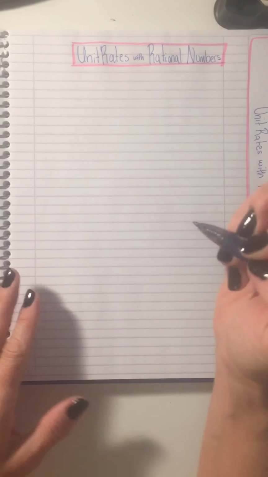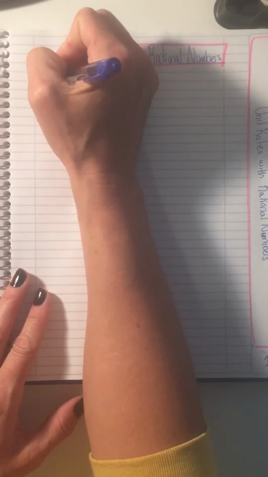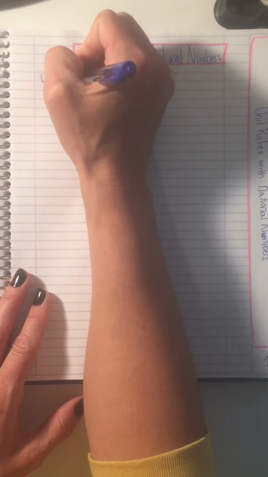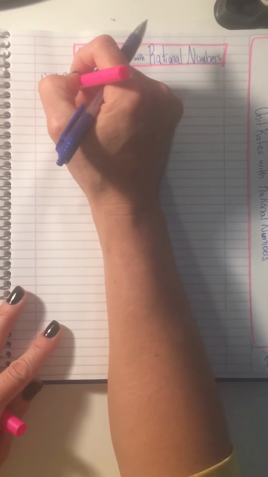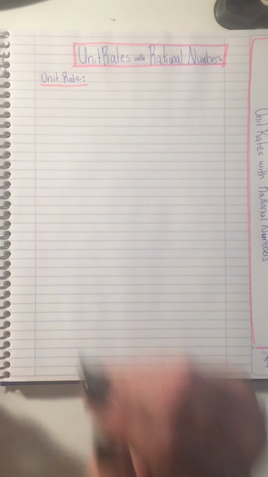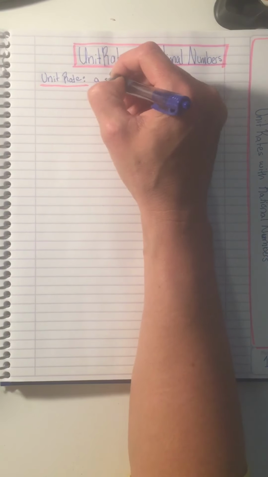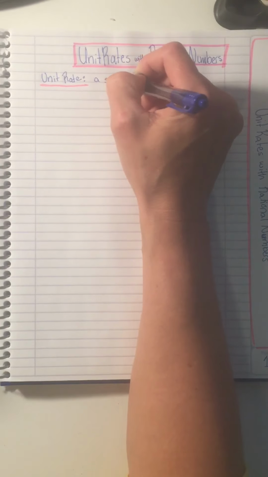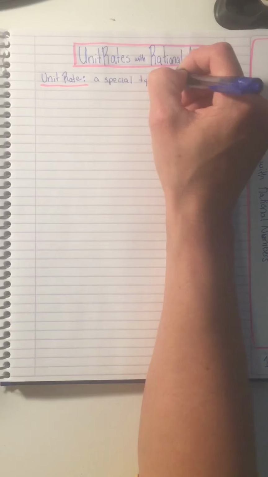So, let's start by defining what a unit rate is. So let's say unit rate. And then I'm going to put another little box around it or underline it. Maybe I'll just underline it this time. And then let's write the definition. So a unit rate is a special type of ratio